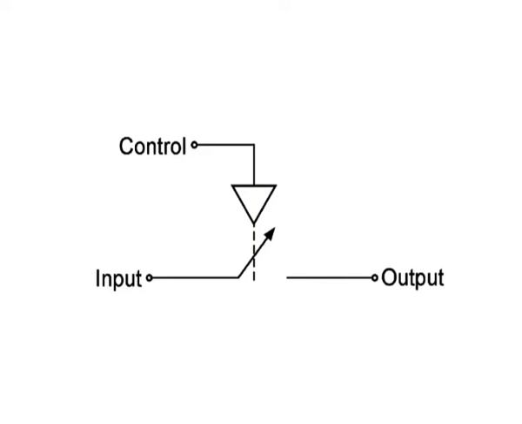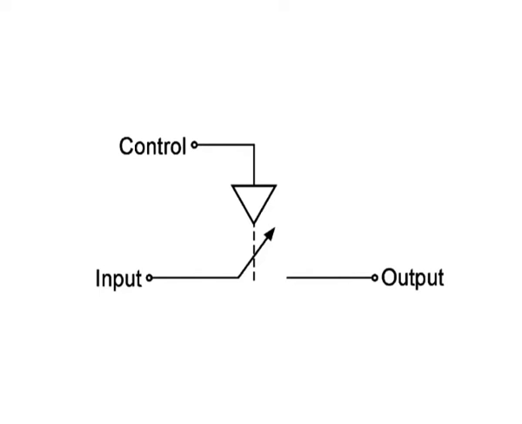Transmission gate. The transmission gate, also called the bilateral switch, is exclusive to CMOS logic and does not have a counterpart in the TTL and ECL families. It is essentially a single pole single throw switch. The opening and closing operations can be controlled by externally applied logic levels. The figure shows the circuit symbol. If logic 0 at the control input corresponds to an open switch, then logic 1 corresponds to a closed switch